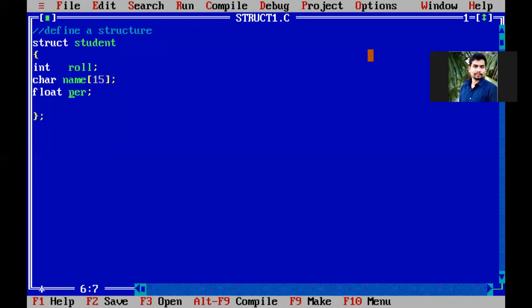When you create this structure, when you define this structure, the memory is not allocated for the roll number, name, and percentage. When the memory is not allocated, we are unable to store values into that particular roll number, name, and percentage. What is the purpose of creating the roll number, name, and percentage? To store some roll number into roll number, to store some name into name, to give some percentage into the percentage. We created those variables, but if you don't allocate memory, you cannot store anything. The definition is just a dummy.